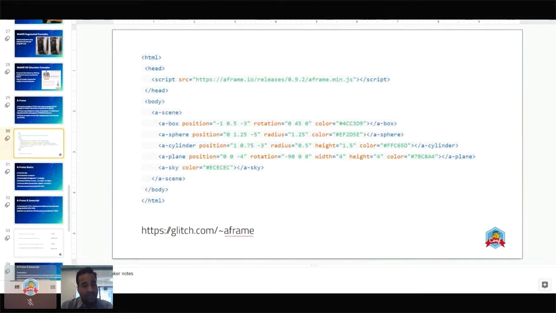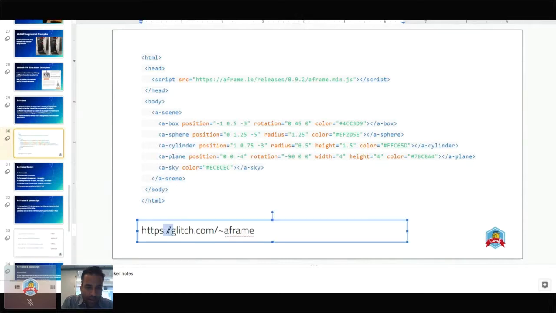Now, of course, there's JavaScript that we're going to look at in a few minutes. And that just is in the document like any other JavaScript, or it could be saved as a separate document like you would do with any website. So let me show you a very simple A-Frame scene in Glitch. Glitch is that development environment that I talked about in the beginning.